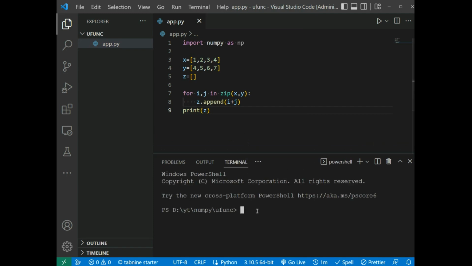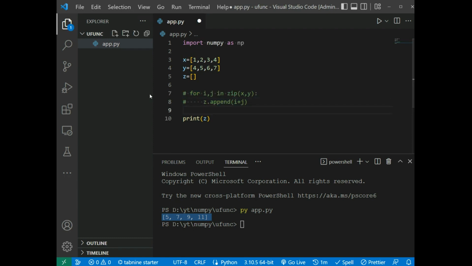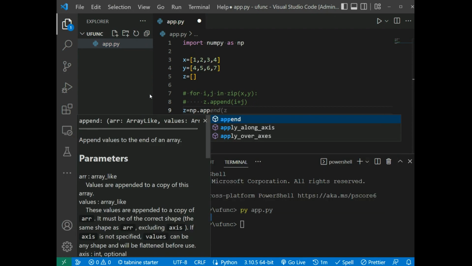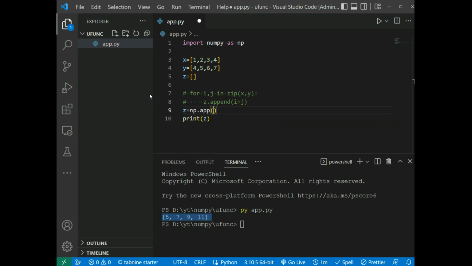Open the terminal and run py app.py, and we have this result: 1 plus 4, 2 plus 5, and so on. So NumPy has a ufunc for this called add, and that will produce the same result. So comment this, and z is np.add, x and y,